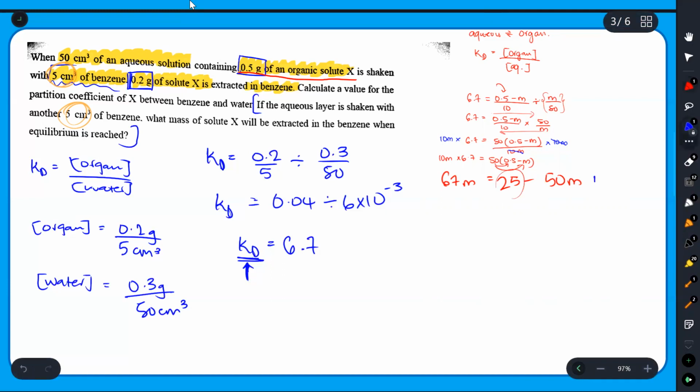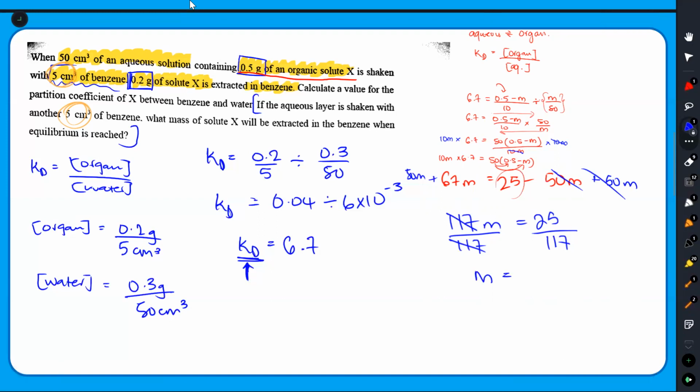So seeing that we're subtracting 50M, in order to get rid of it, I'll add 50M. And remember, in order to keep it equal, we have to do the same thing on the other side. So negative 50M plus 50M cancels out to 0. So now we have 67M plus 50M, which is literally 50 plus 67, that's 117. And you just put back M is equal to 25. So now you'll divide by 117 on both sides to get M is equal to 25 divided by 117, which is